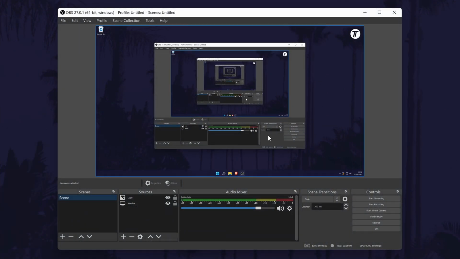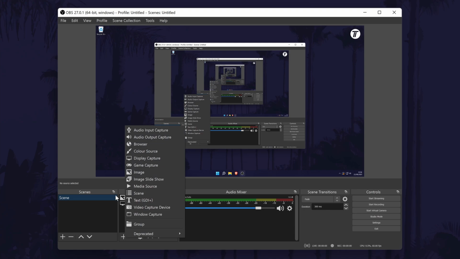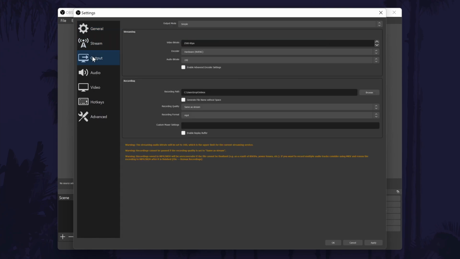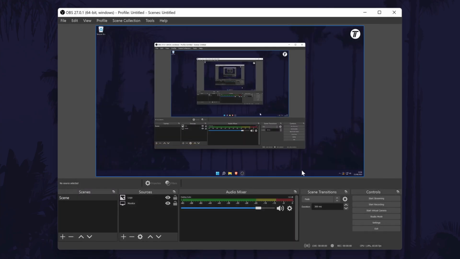In OBS, you should see a preview of what will be streamed. You can add multiple sources in the sources section, and this could include things like an image overlay. Also, make sure the settings are tailored to what you want your stream to look like and the capabilities of both your internet connection and computer hardware for encoding. You will likely need to test this out and maybe adjust things after every stream to find the perfect settings.